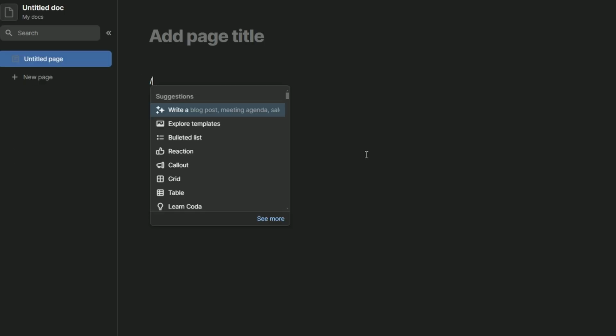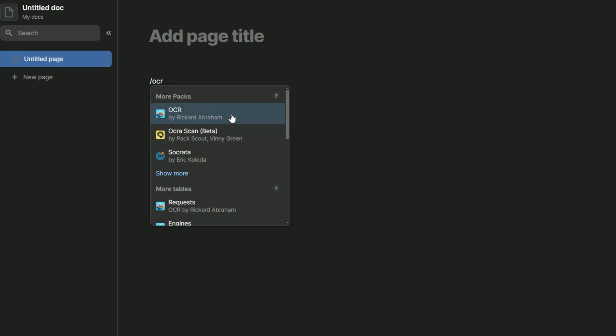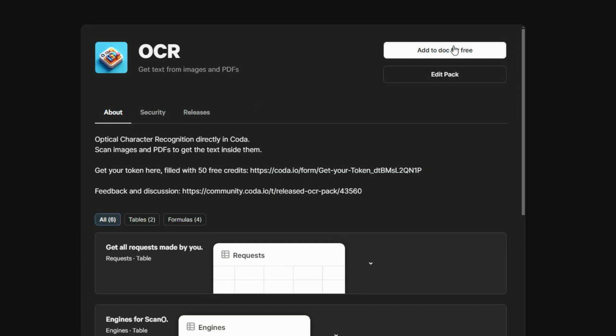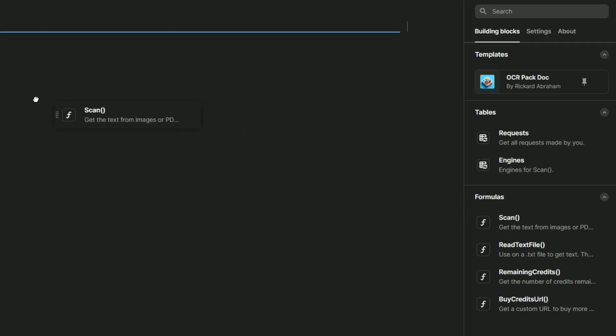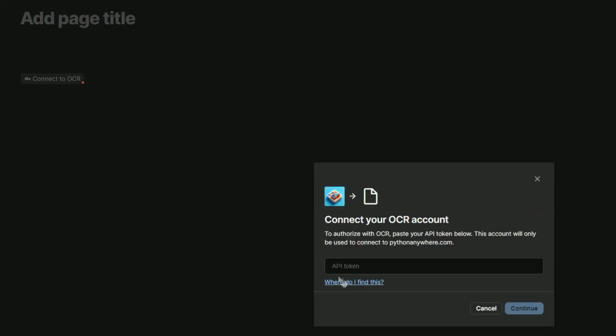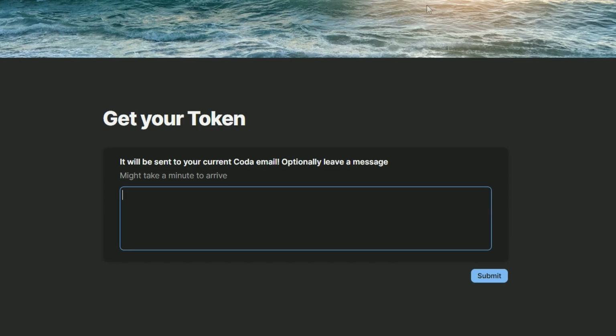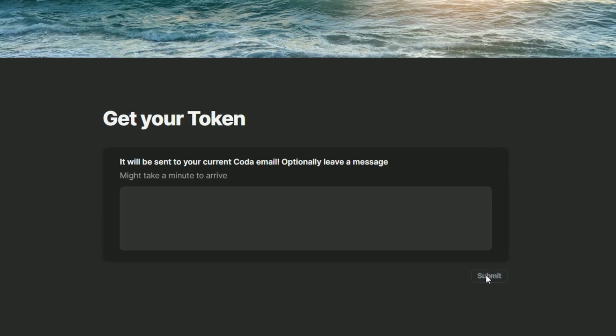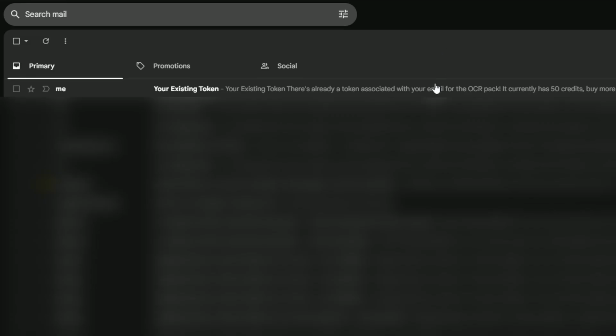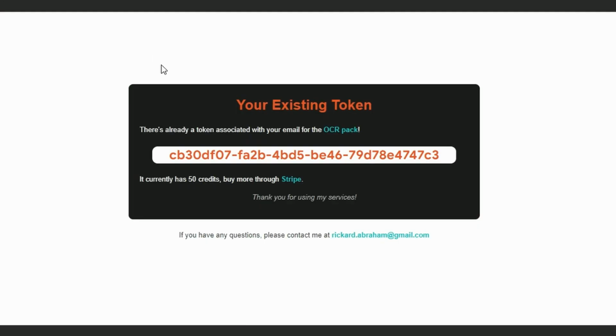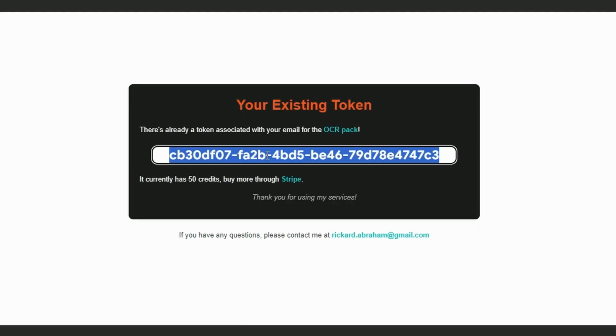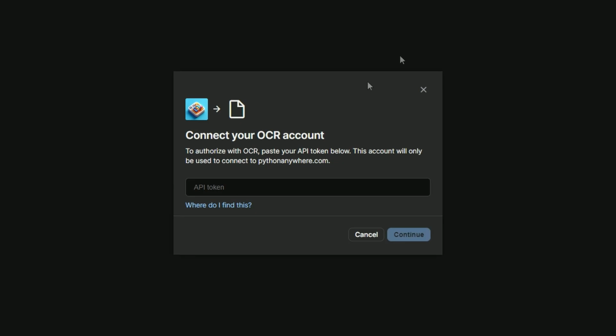Here's how it works. Begin by installing the OCR pack in your Coda doc. Pull in one of the formulas, click Connect. Then you need to enter the API token. Click Where do I find this? Click Submit. You will then receive an email a minute later with your new token. Copy that, go back to your Coda doc, paste it in,